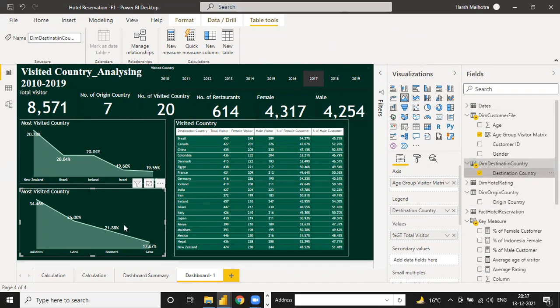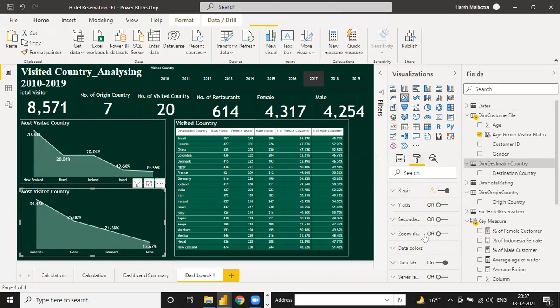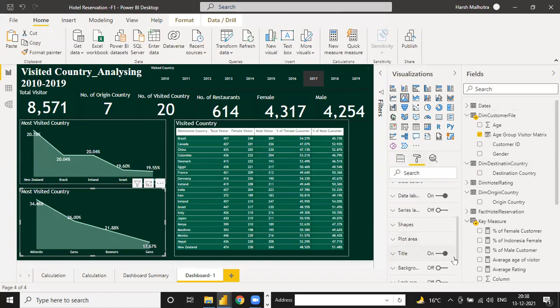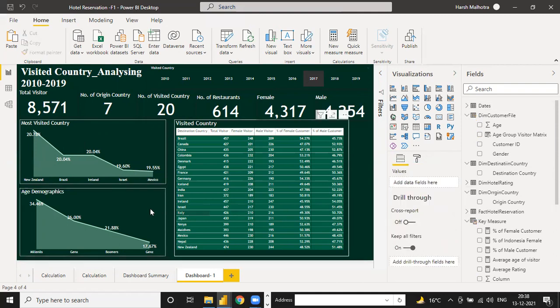if I need to change into legend. No, it is not good. Okay, so like this you have to change, and this is your age demography. You just change the value of this. Okay, so like this you have the value of this data.